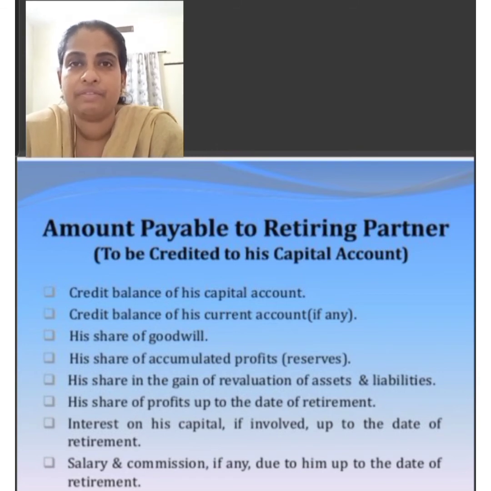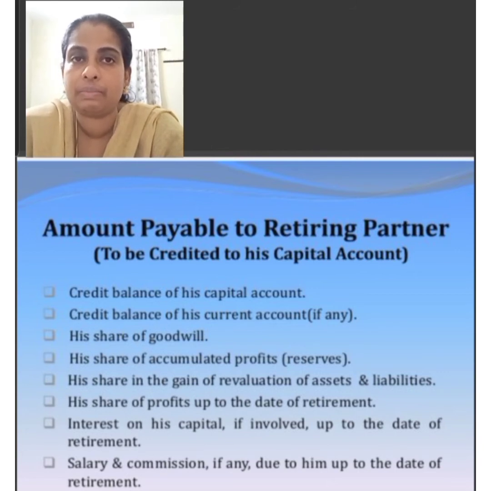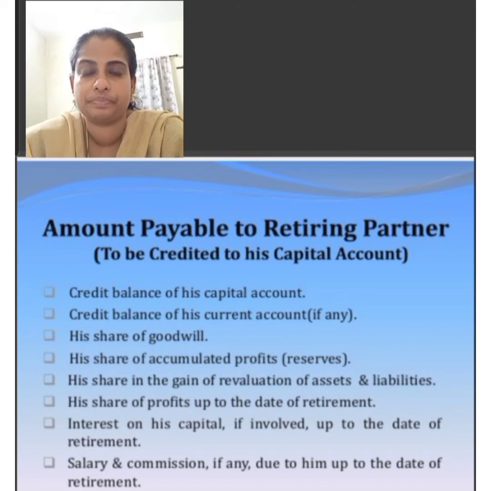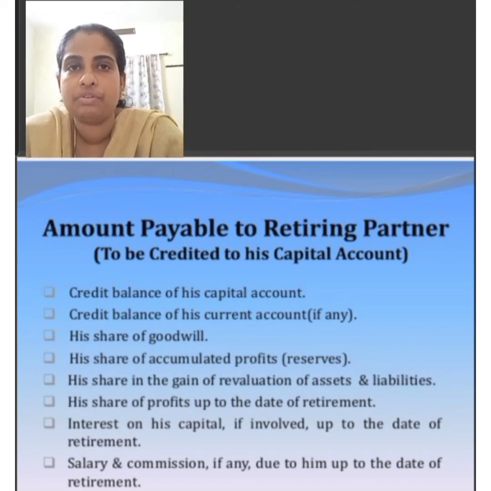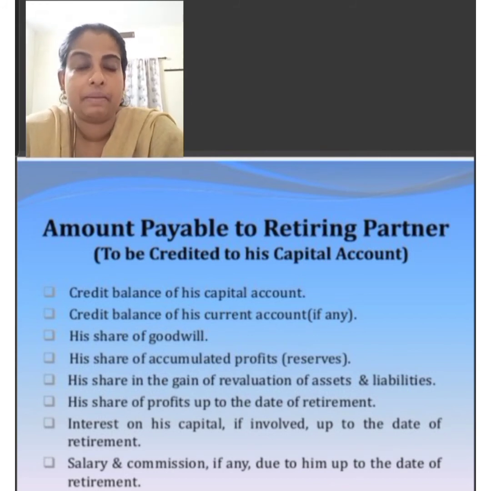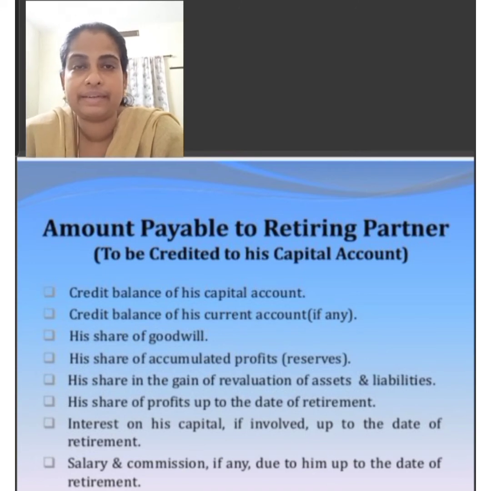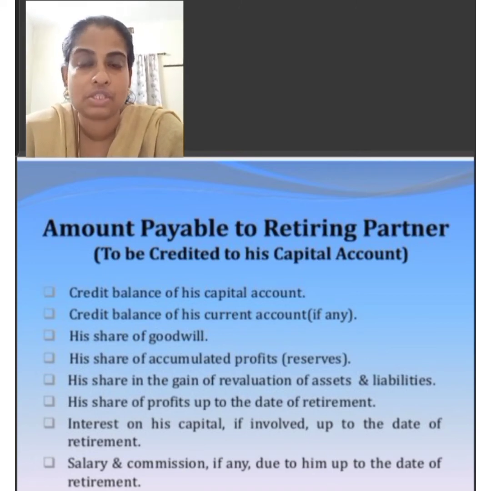In this case, we calculate the profit for the period between the date of closing the last accounts and the date of retirement, and a share of that period will be credited to his capital account. For example, the profit for the year ended 31st December 2013 is 36,000. A, B, C are the partners. C retires on 30th April 2014. As per the agreement, the retiring partner is entitled to receive his share of profit